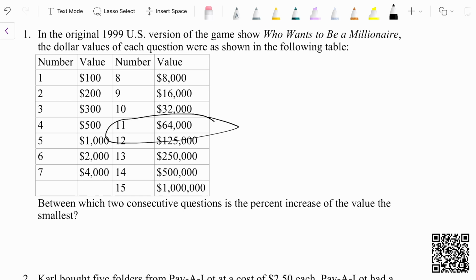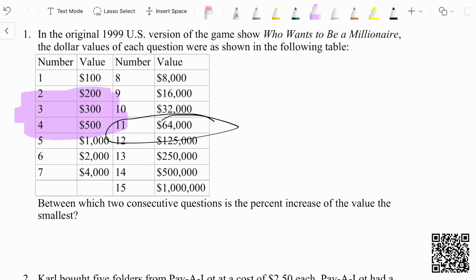And that would be 11 and 12, since a double of 64,000 would be 128,000. Between 2 and 3, and between 3 and 4. So now we just need to rule out which one is the smallest. So between 11 and 12, like I said, 64,000's double is 128,000, and that's very, very close to doubled, to 100% more. So let's just leave that one for now and look at 2, 3, 4, so just these three